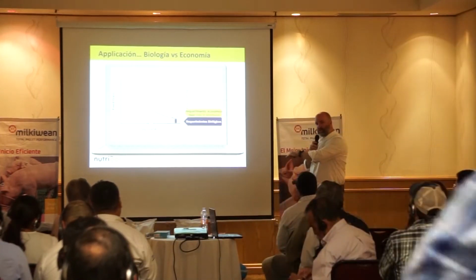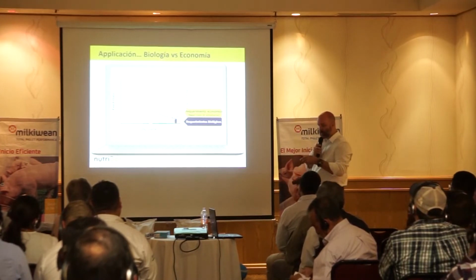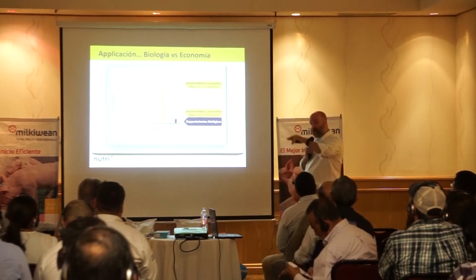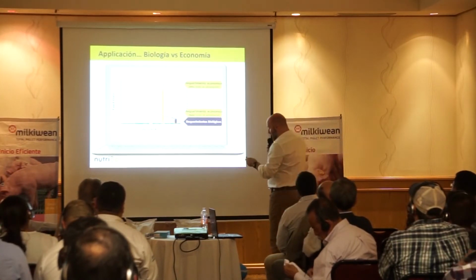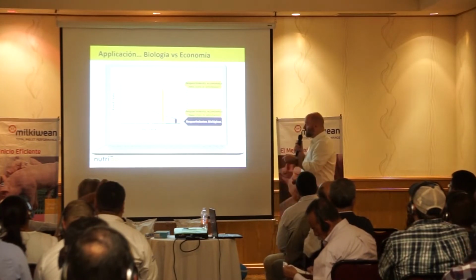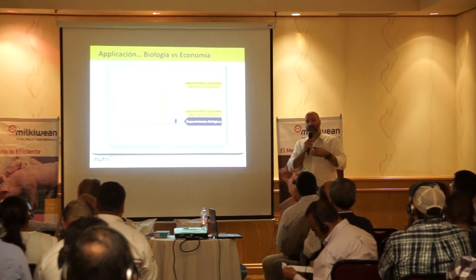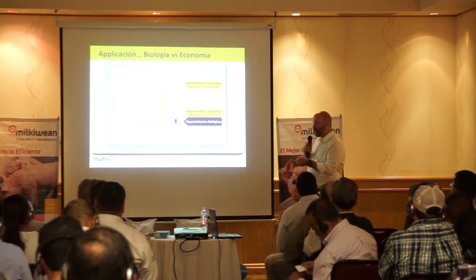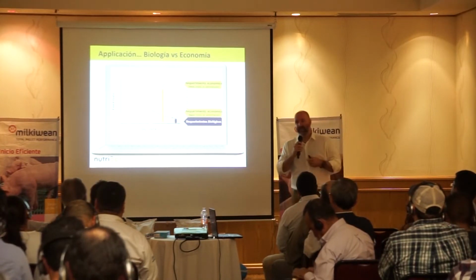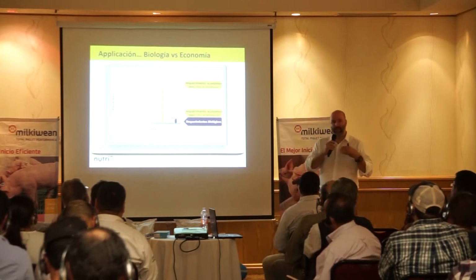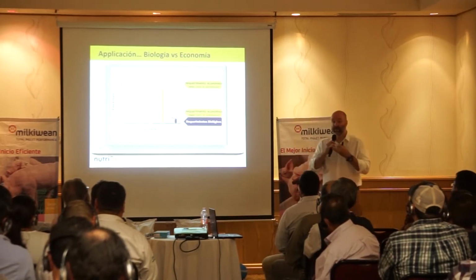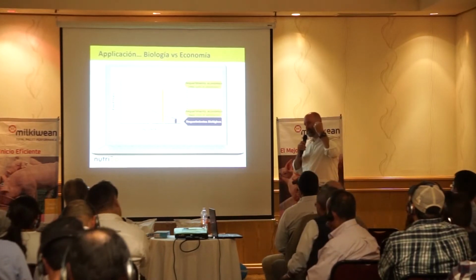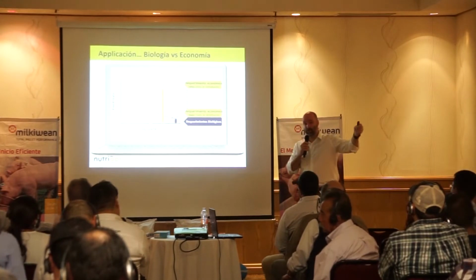But that's for a low feed cost. That's if feed is reasonably priced. What happens if feed gets very expensive again? Because feed has a habit of going up and down in price. It doesn't like to stay steady. Well, if feed goes up in cost, you can see that the lysine requirement goes up. Those pigs have to make more efficient use of the feed at that point. So now the requirement is 1.25. And really what we're trying to illustrate is that based on the dynamics of the market, pig price, feed price, everything else involved in raising the animals, we have tools that allow us to make very smart decisions on how to feed them and how to sell them for the most money possible.